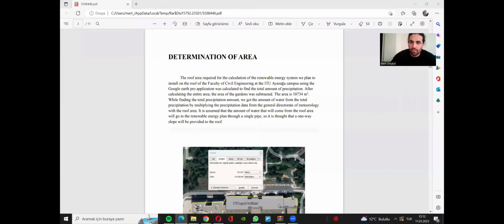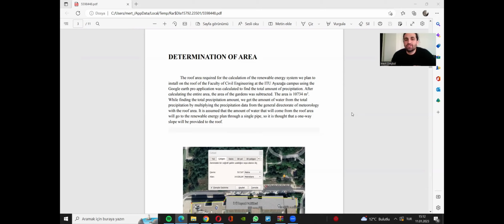Hello everyone, my name is Mert Dinçko. I will tell you about the determination of the roof area. The roof area is required for the calculation of the renewable energy system we plan to install on the roof of the Faculty of Civil Engineering at the Istanbul Technical University Ayazağa campus. The Google Earth Pro application was used to calculate it. After calculating the entire area, the area of the gardens was subtracted. The area is